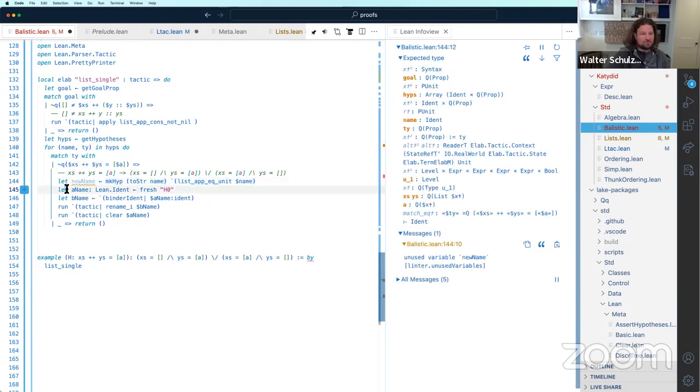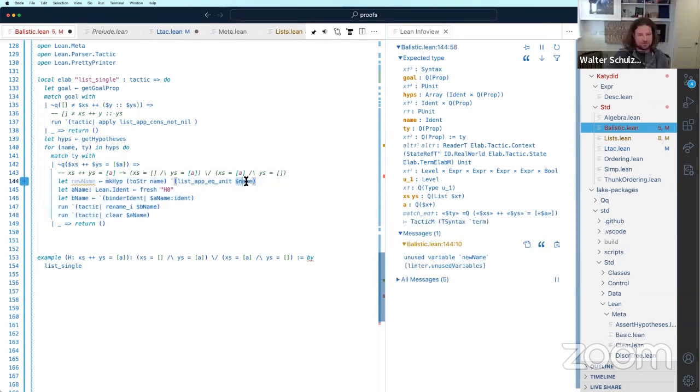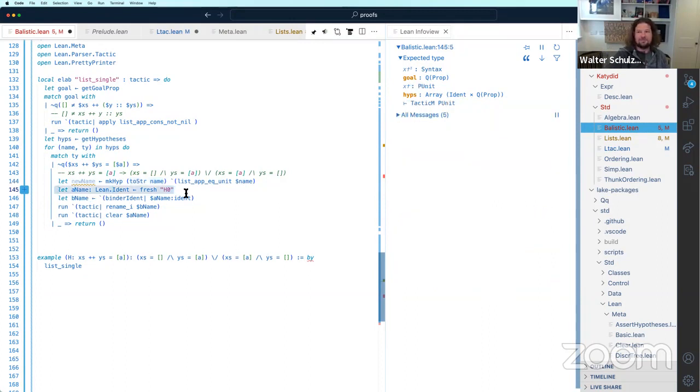So what we built is apply in. Because we want to pass our name. We want to provide some theorem to apply. Our name is going to be the last parameter. Then we're going to try to override our own thing. We're going to succeed. And we need to create a new name for our thing just so that we can delete it.